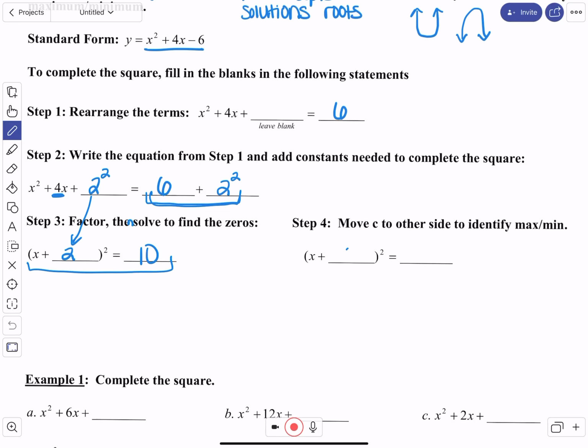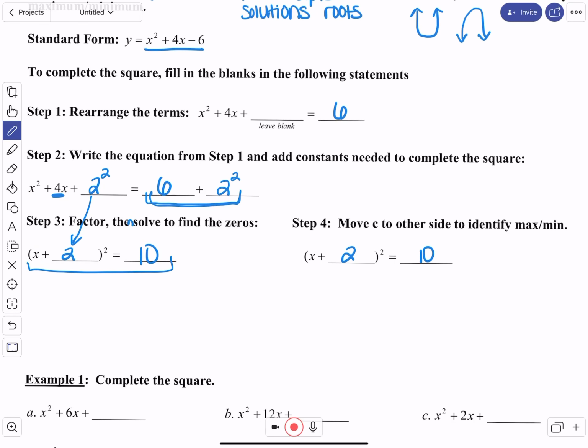Now, we've already done this. I'm going to fill it in over here because there are 2 different ways to go from here. There are 2 different types of questions that can be asked. You can be asked to factor, then solve to find the zeros. So let's go ahead and finish it from here. If we factor, then solve to find the zeros, well, since this is squared,